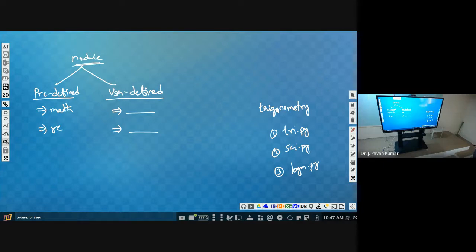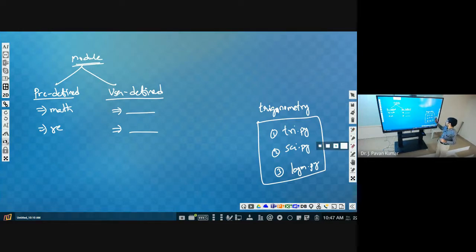So what we will do is we can group all these in one particular thing called package.